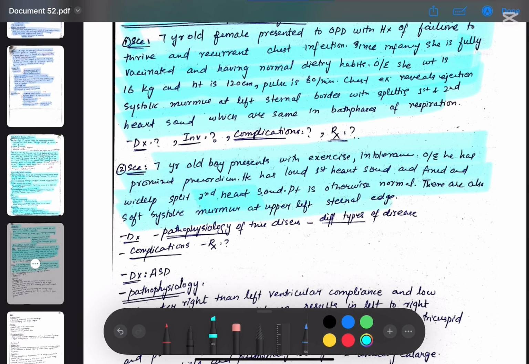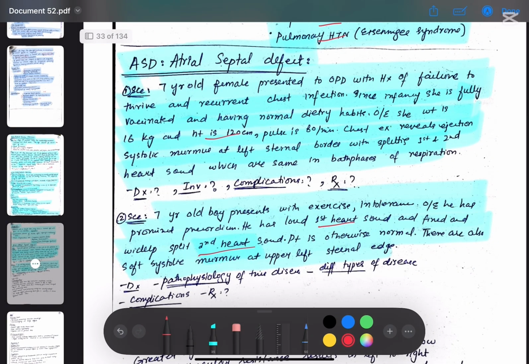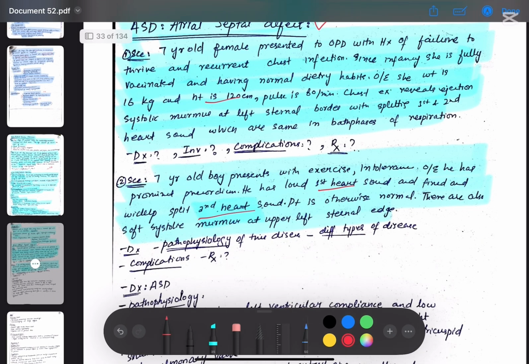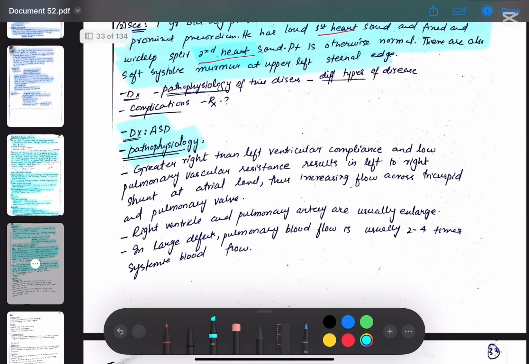Okay, so in this scenario, the main feature that is represented is that the patient is having splitting heart sound, that is first and second heart sound. And all other features are the same as those of other cardiac diseases. So from this feature, that is the splitting heart sound, we will get to know that this is atrial septal defect. So the diagnosis is ASD, and the pathophysiology is that